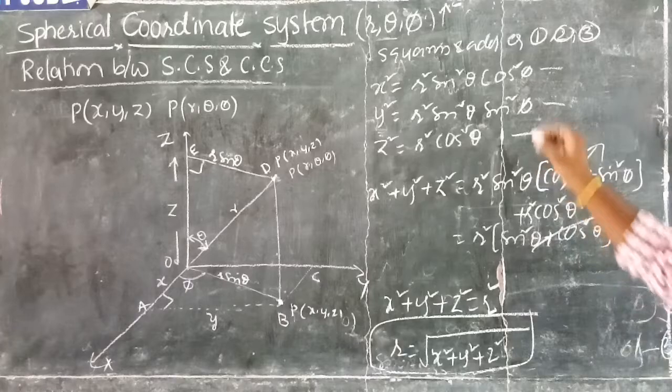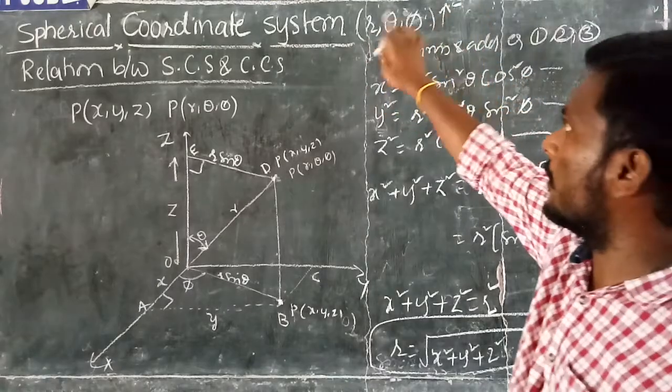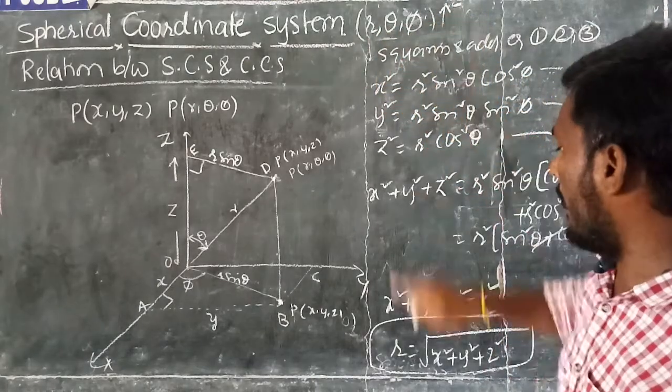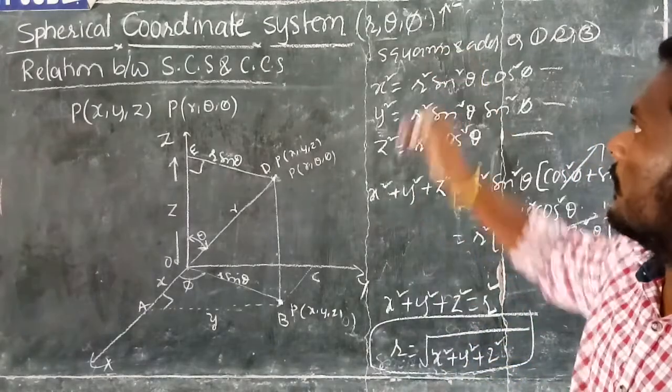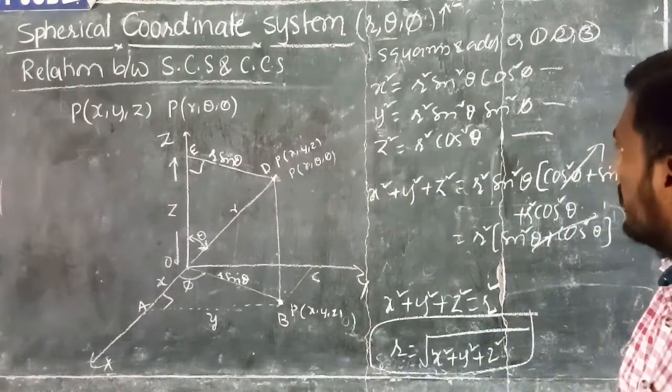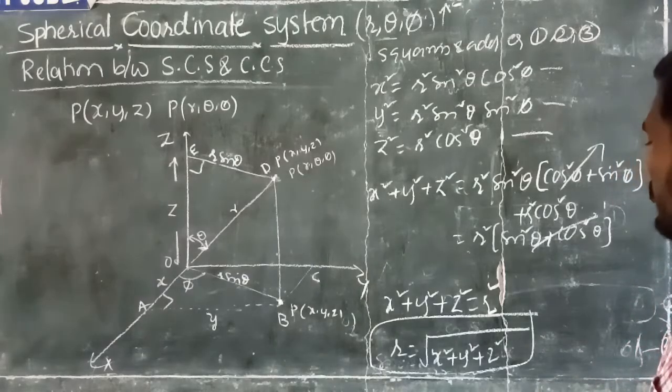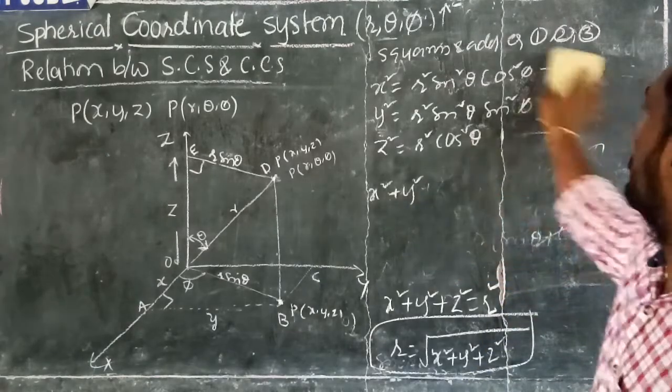Okay, so what are the coordinates in the spherical coordinate system? R comma theta comma phi. R is calculated from this formula, under root of x square plus y square plus z square. So how can you calculate theta? To calculate the theta value,